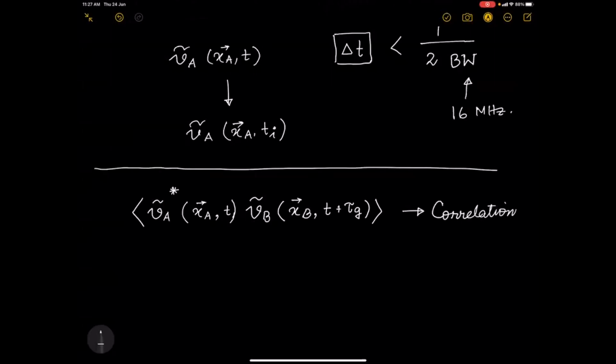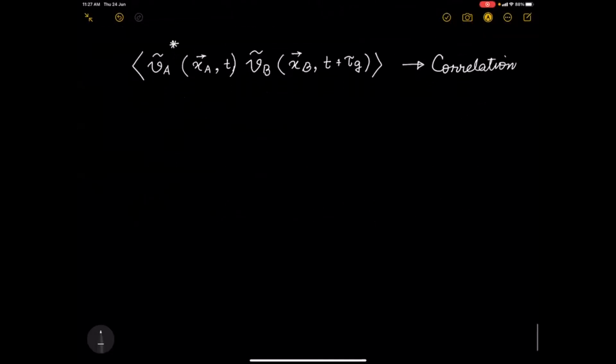Okay, so it's obviously abstract. I really do not know what I mean by this bracket. What in practice you do is, let us give this a name. Let's call this curly V_AB. This will depend on obviously X_A, X_B, T, and frequency, which I'm not writing. So what is this? This operation of correlation is nothing but a time average